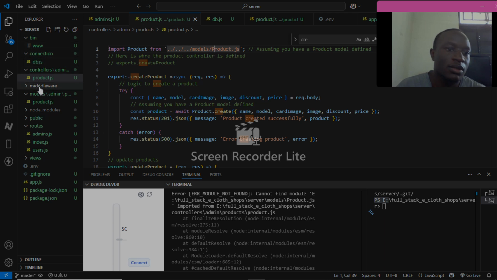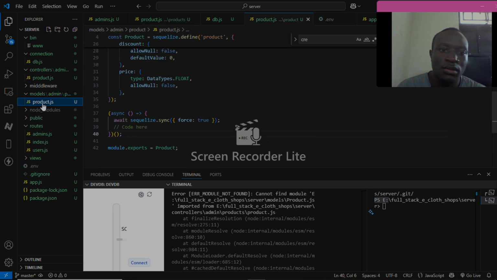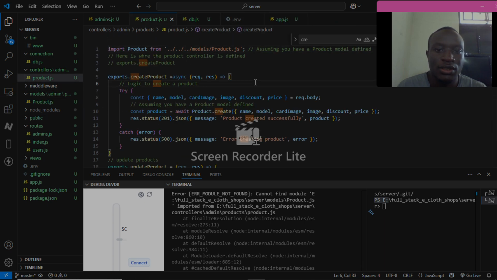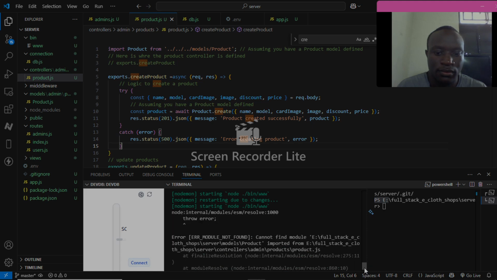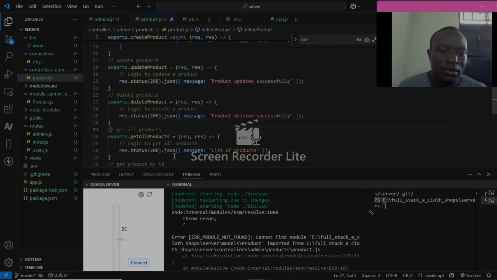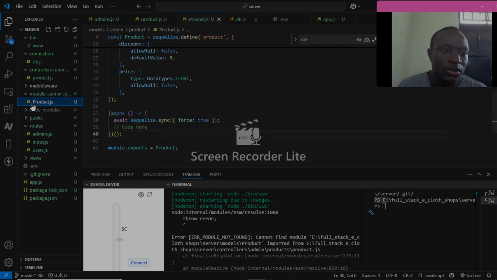Now it is named models. Product. Okay, I should just name it something like this. It is trying to look for it. Exporting an instance of, where's the product. Let me just rename this to